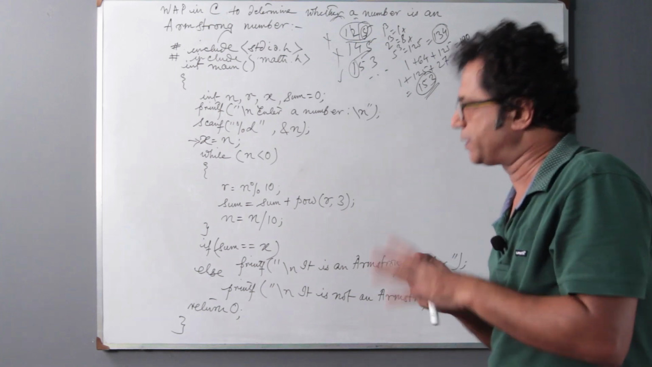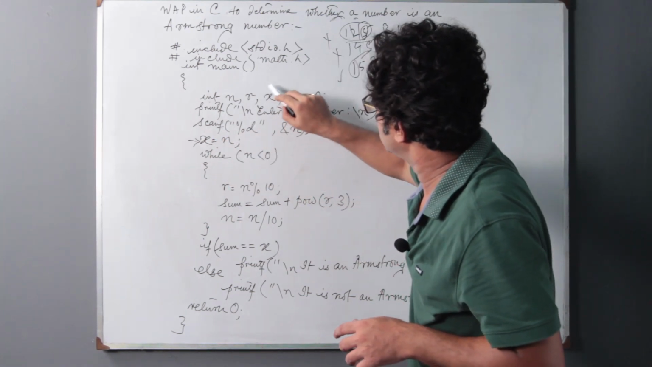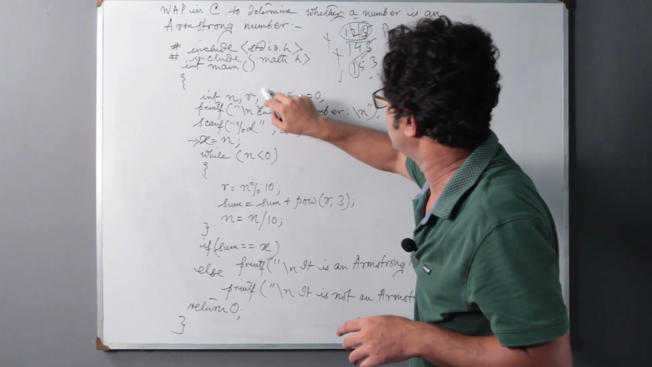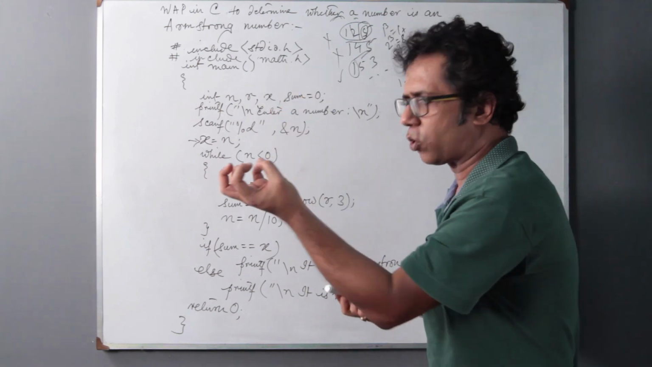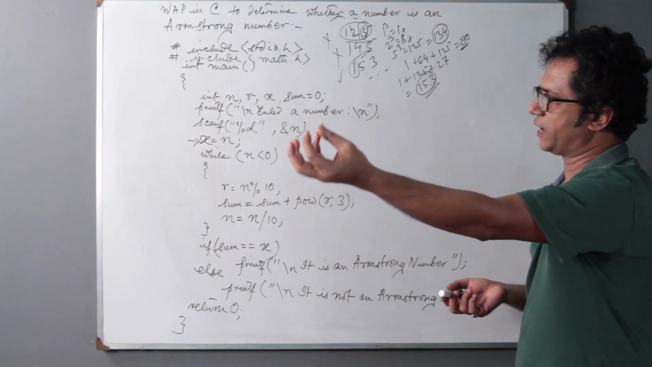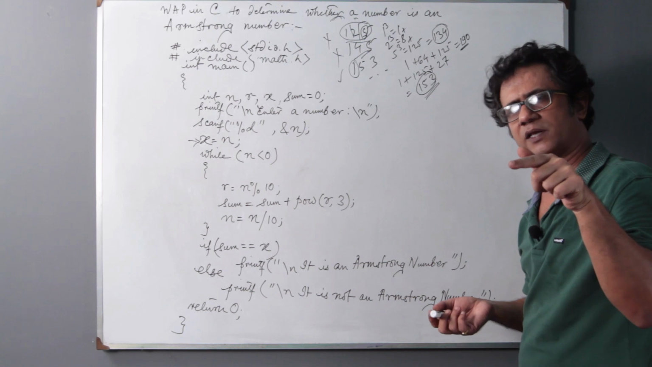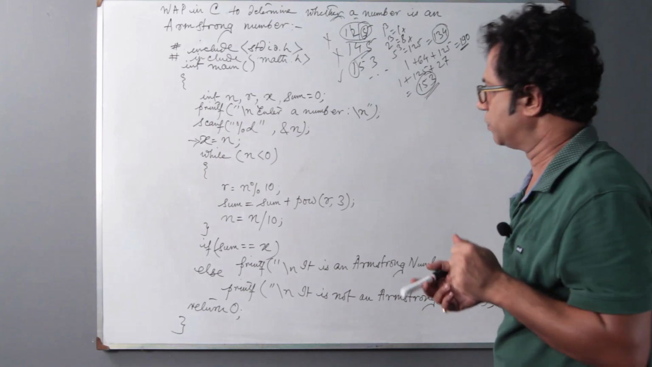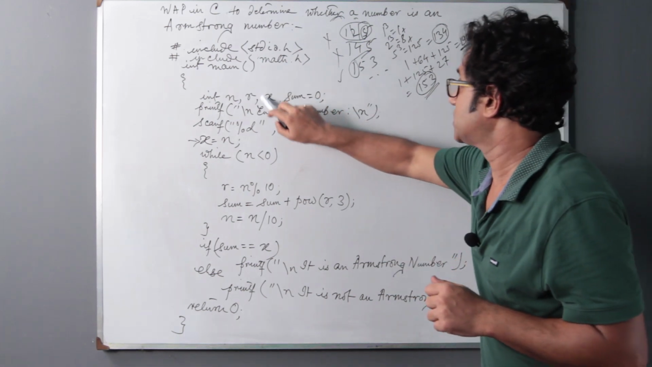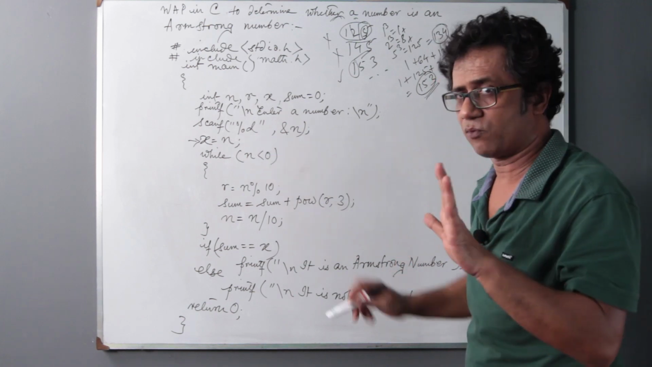That situation is dealt with by taking a third auxiliary variable. This is the auxiliary variable x, which will take up the original value of n, and it will store the original value of n, which is to be checked in the later part of the program to determine whether the number is an Armstrong number. So this x is taken just to store the original value of n, so that we can keep track